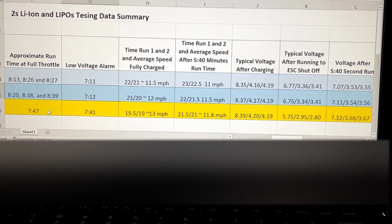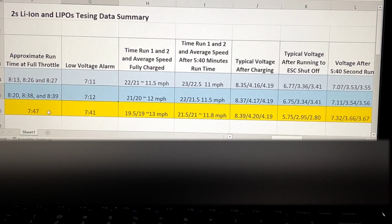I think when Haiboxing chose a battery for this boat, they kept in mind, of course, the very budget-friendly nature of the boat, and the Li-ion batteries were a good choice. They knew what they were doing. Was there increased performance with the LiPo? There was. It's not real noticeable. The boat went about a mile an hour to maybe 1.5 miles an hour faster with the LiPo battery when it was fully charged. And after 5 minutes and 40 seconds, when I retested it, it was still a little